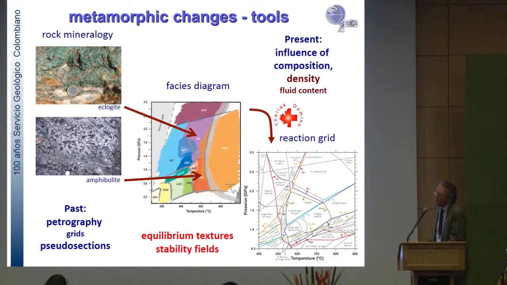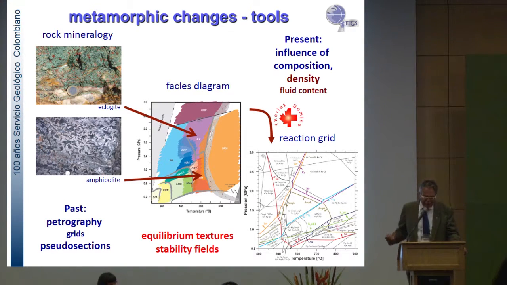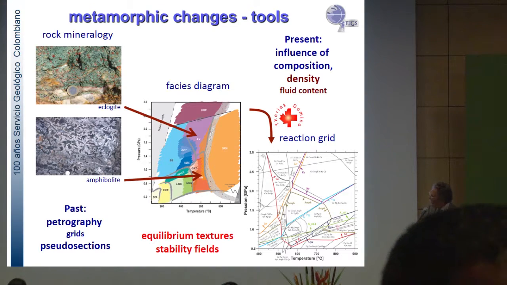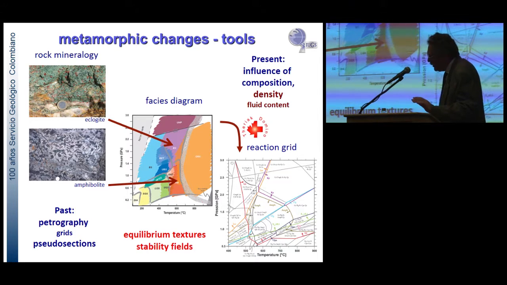So then the models were, or computer models were available that allowed to go a step further and to include the rock composition in order to produce a reaction grid. Now you can see here that these reactions are moving along these little arrows if the composition of the minerals or the rocks are changing. But principally, this is all stable, static